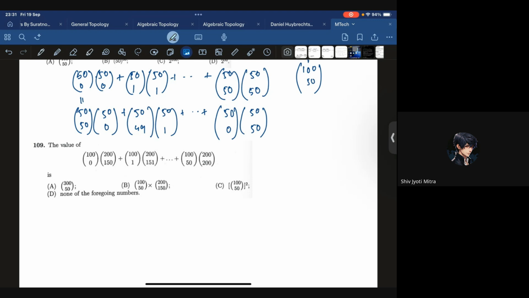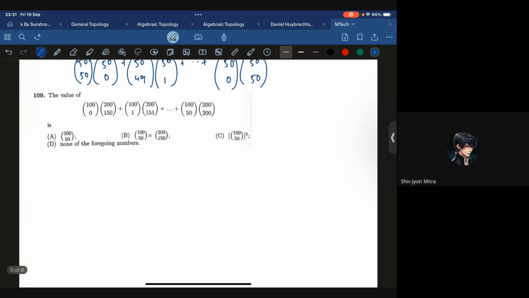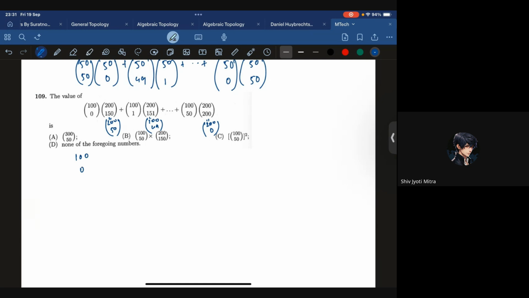Jyotishka's mic is not working, Orgodip can do it, and no one else is interested in answering anyway. So let me do it myself. So we can write it as 200C49, this 200C50, and this is 200C0. So now the expression we have takes the form